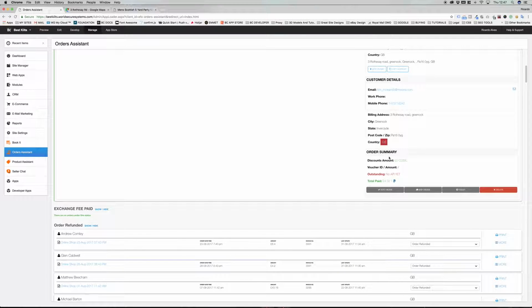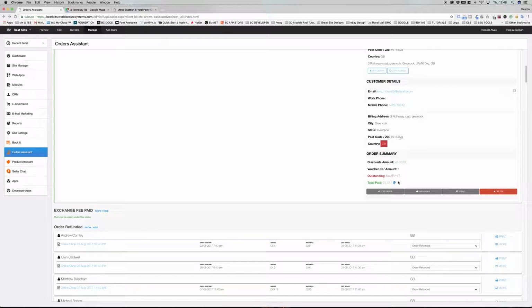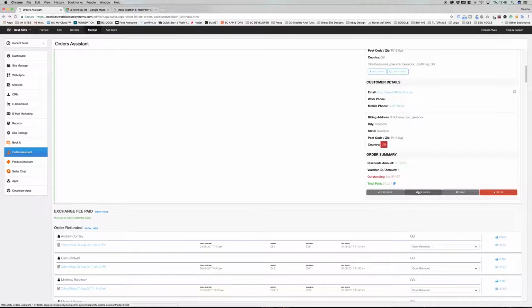Once this has been fully integrated and outputted, down here we have the order summary, where discount codes would apply if there's any, and then the code that's been used, voucher ID and amount outstanding if there's no API yet for that, and the total paid and the payment method paid with. Okay. Right now, the beta version of edit order is quite minimalistic, and shipping the order as well is another